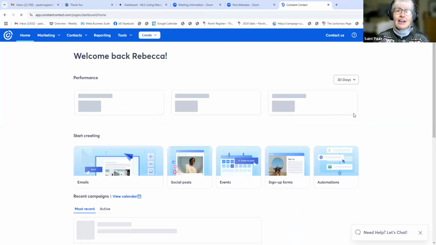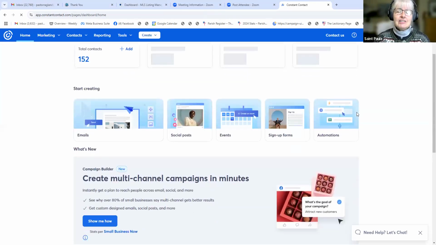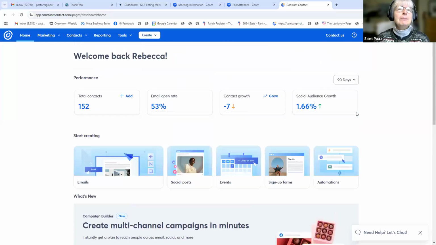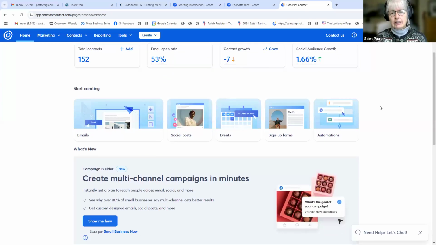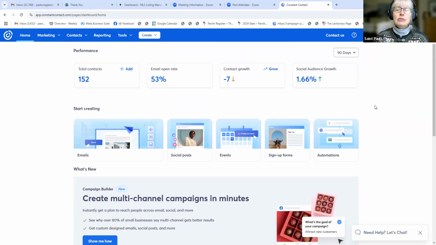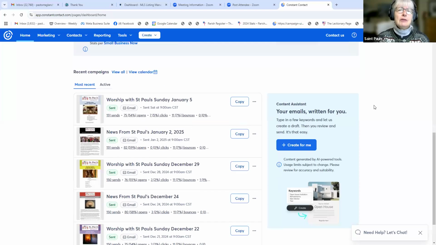Okay, and this page is, I think, your home page. It tells you a few things, like how many contacts we have. If you need to add somebody who's registered, you can add them here. It tells you what our click rate is and how our growth is going. And this social audience growth is about our connection between when social media sends somebody to subscribe, I believe. I don't really know. Okay, so you're going to scroll down